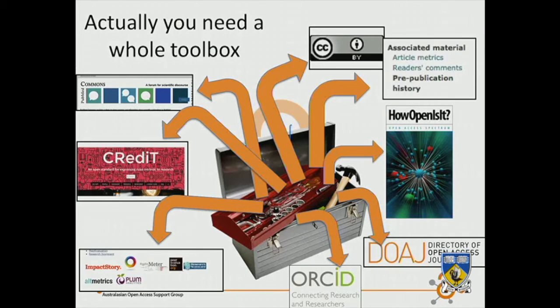If I were to give this slide even 5 years ago, I think there'd only be one or two of these things on it, probably only one of them. And why do they matter? It's because when you're publishing nowadays, it's not just about picking the journal, throwing it into the peer review and seeing what comes out at the end. There's a whole range of extra complex things that are happening.